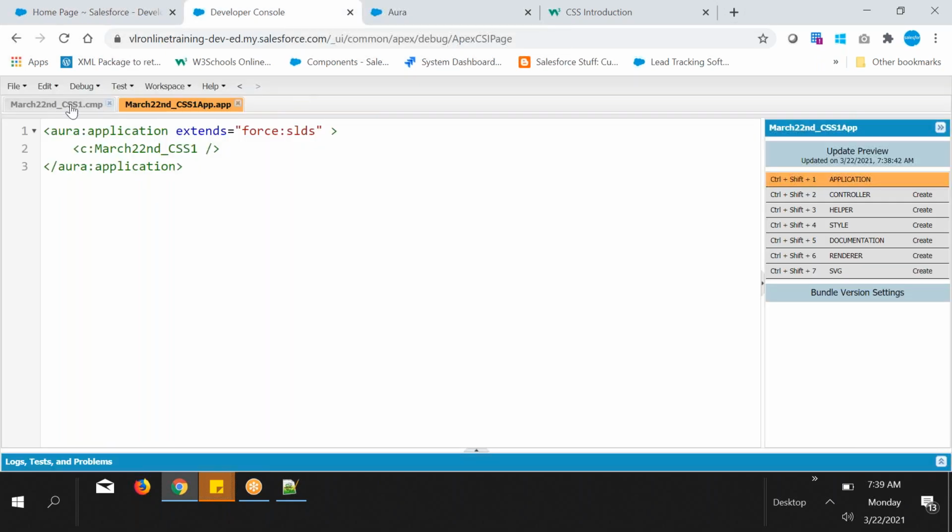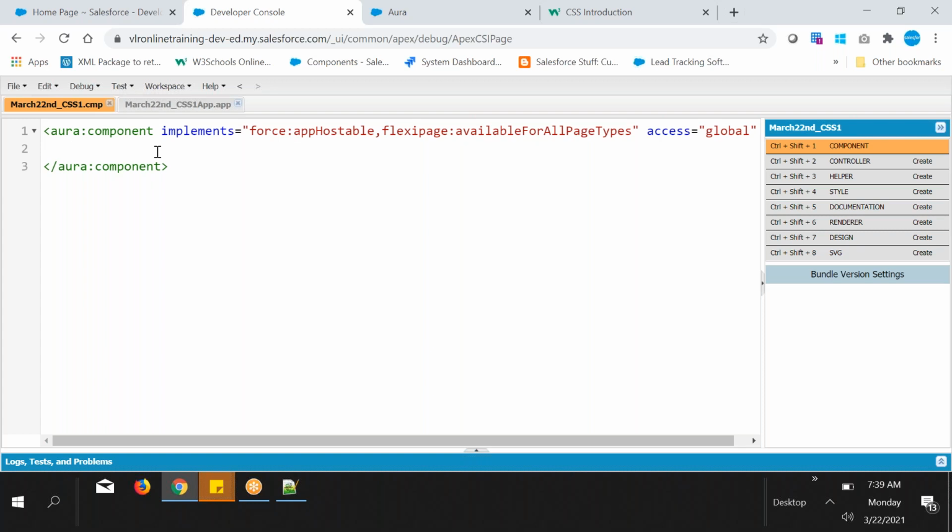That's it. I have created a component, and now you can play a game, learn CSS styles. So let's create a simple HTML, something like a div tag.